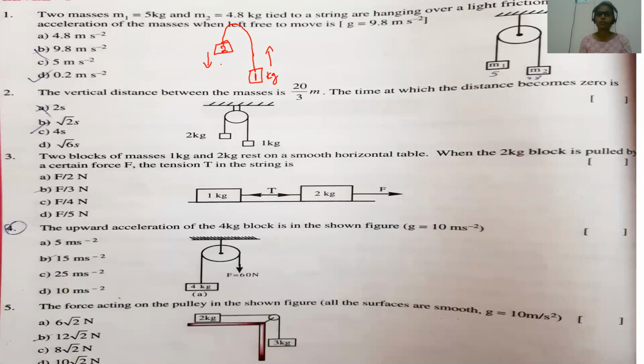When this happens, let us imagine both will meet at a certain height. Right, children? Because the time it takes to come to this point is the same time this block takes to reach this point, so half of the distance. Initially the distance between the two blocks is given as 20 by 3. But where they meet, at what time will they meet? When time t, both will be at this point, that means half of this distance. So this is now 10 by 3 and this is also 10 by 3.